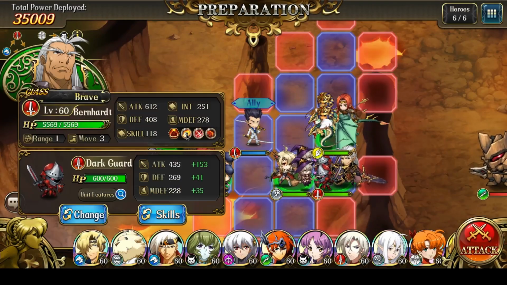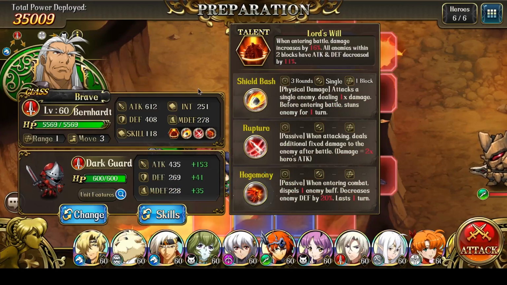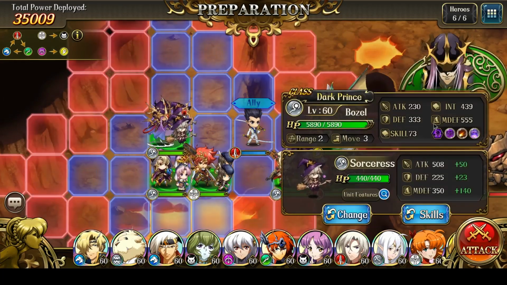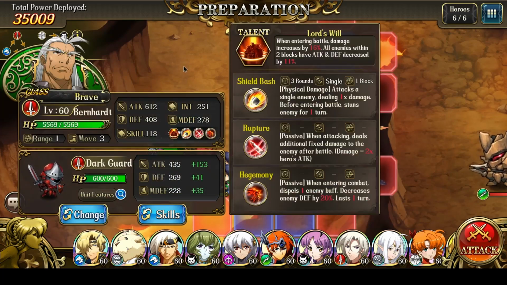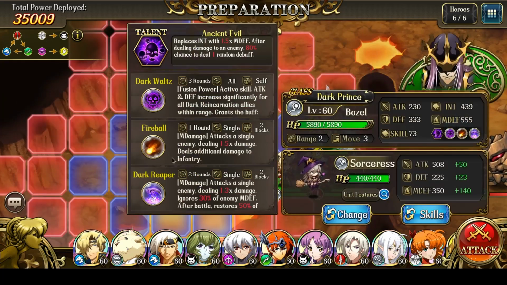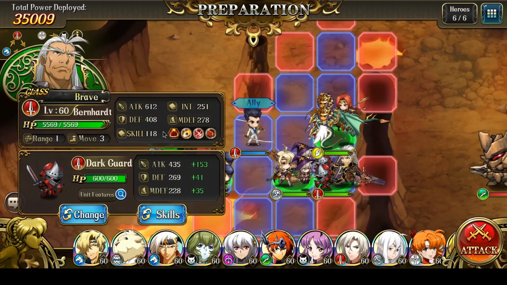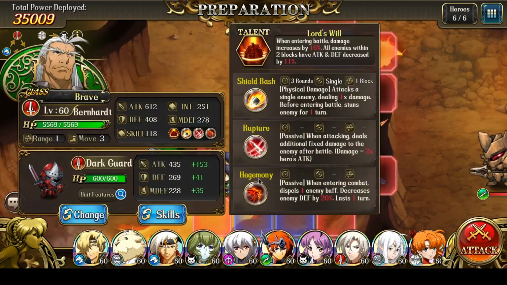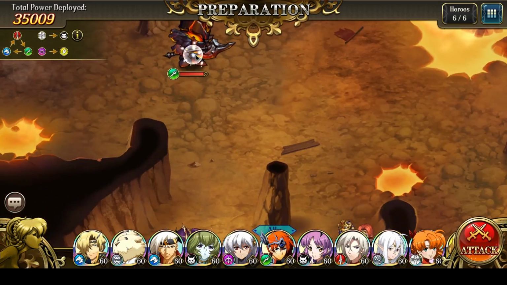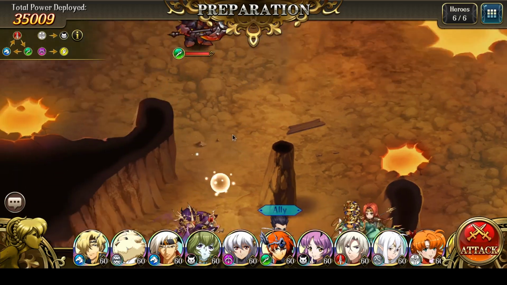I'm going to be bringing Bernhardt, who has Shield Bash, Rupture, and Hegemony. Now, as a quick mention, you only need one stun. So whether you have Bernhardt bring the Shield Bash or you have Bozel with Sleep, either one is fine. I'm going to be using Bernhardt because of his ability to reduce the defense value of the Lava Overlord and